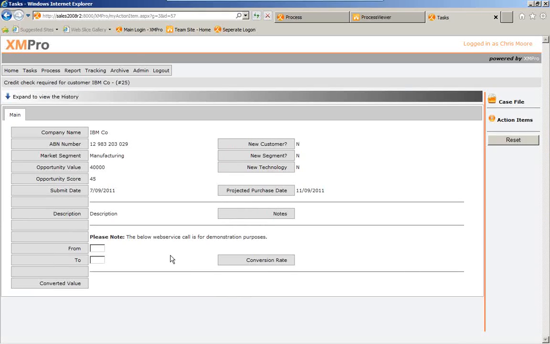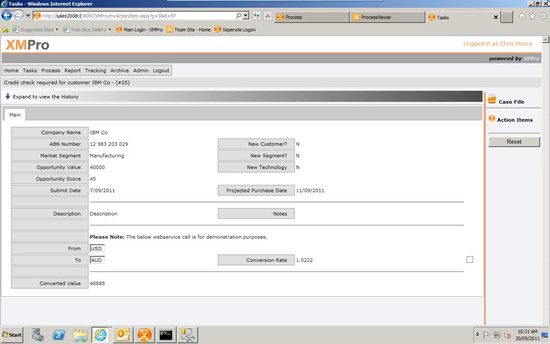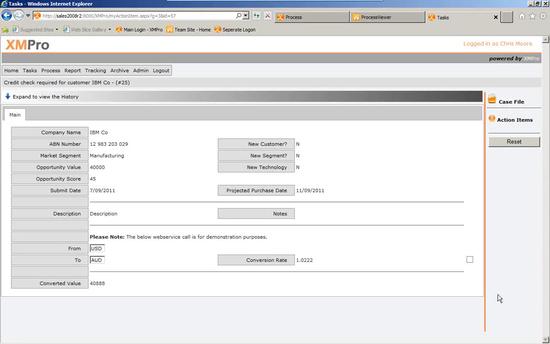Now with this credit check, we can also hook up with external web services like Dun & Bradstreet financial services to convert currencies. So what I'm going to do is convert from US dollars to Australian dollars. And you would see that